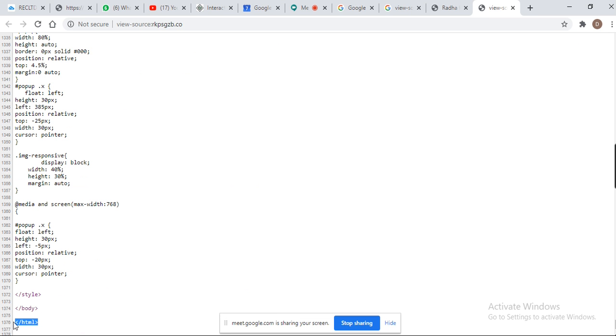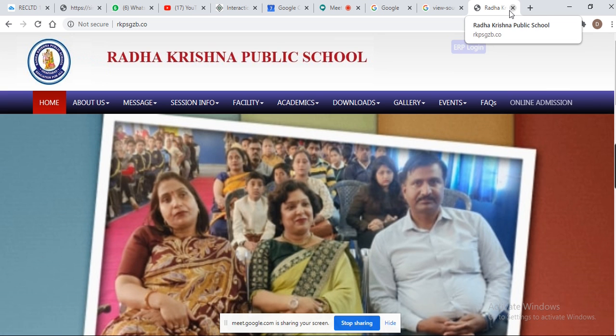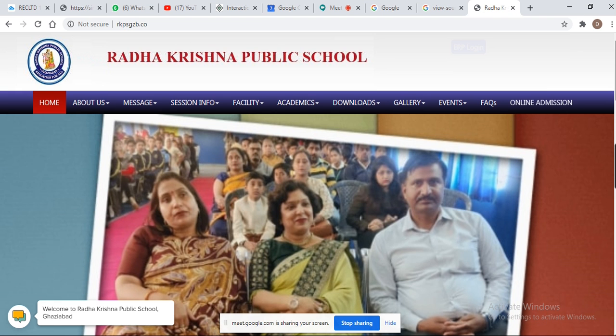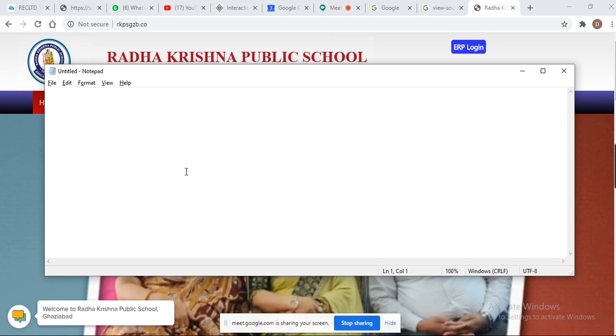So the thing is that all the pages you view and access on the internet are HTML pages only, nothing else. Whatever programming is behind that, we don't know. The front end user doesn't know what programming is behind the website and web pages. So the server always responds to the client with a piece of HTML code, right? So I think now the concept is clear.